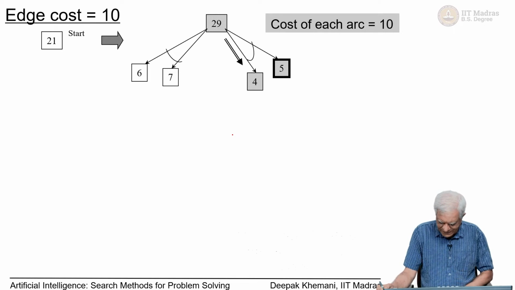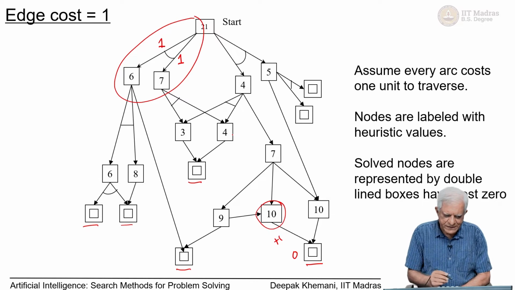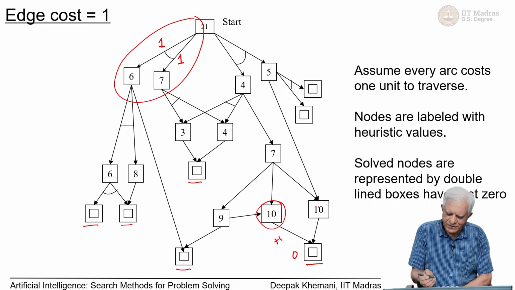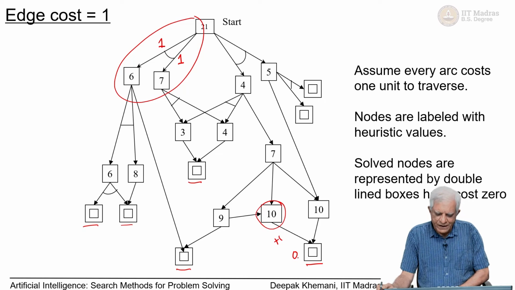The graph we are solving is still the same, where the heuristic values are still the same, as you can see 6, 8, 3, 4, 5, 7, 9, 10. All of them are underestimates, because the edge below them itself has a cost of 10. All the leaf nodes have a cost of 0. So, it is the same graph,